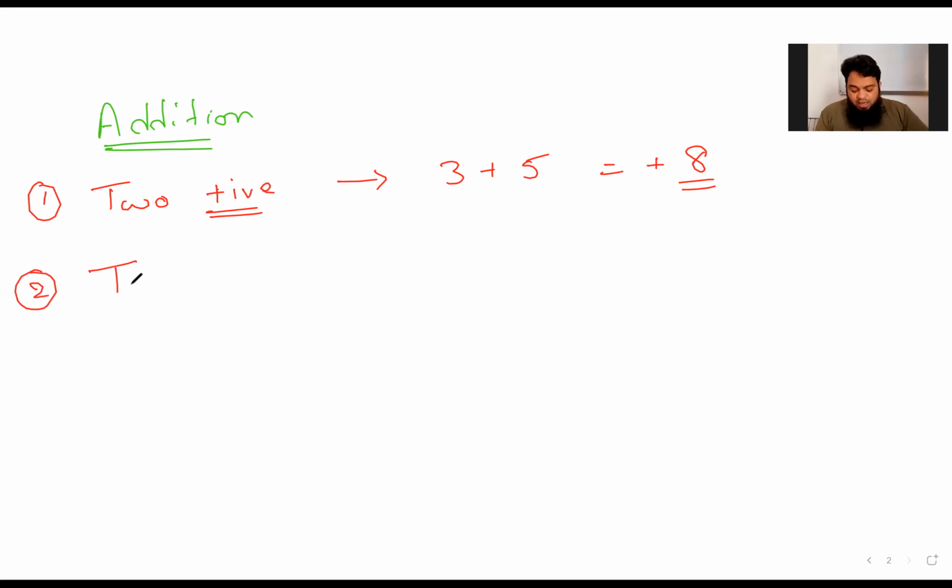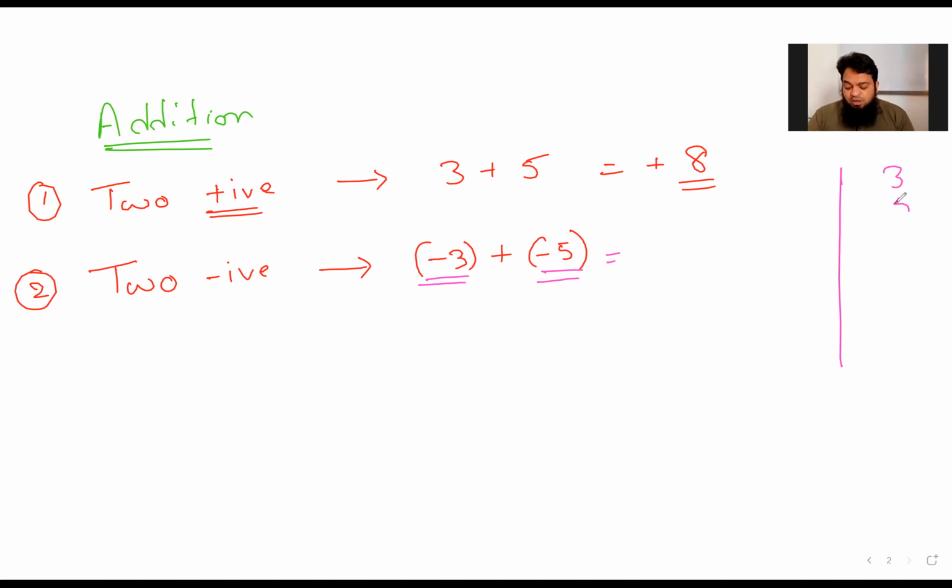So if you add two negative numbers, what are you supposed to do? Suppose, let us say, -3 plus -5. See here, -3 is negative, -5 is also negative. You are adding two negative numbers. When you are adding two negative numbers, roughly, add the numbers without taking the sign into consideration: 3 plus 5, 8. So the answer is 8. But since both are negative, keep the common sign. So the answer is -8.